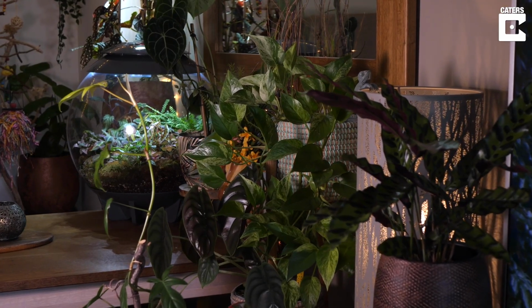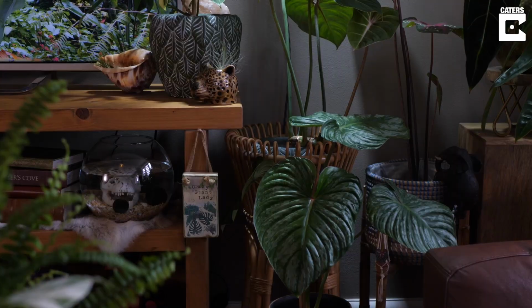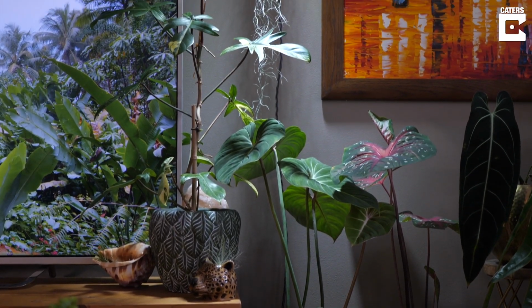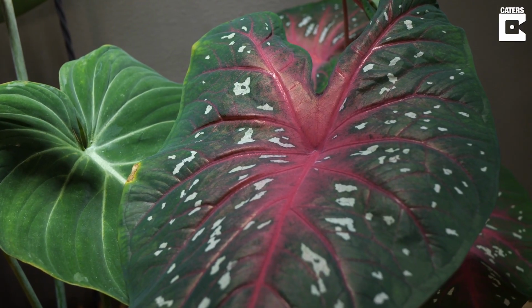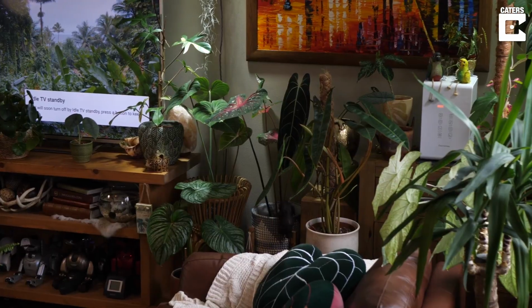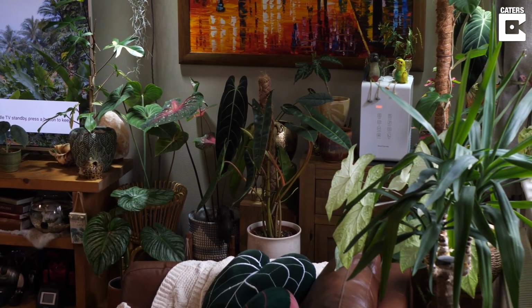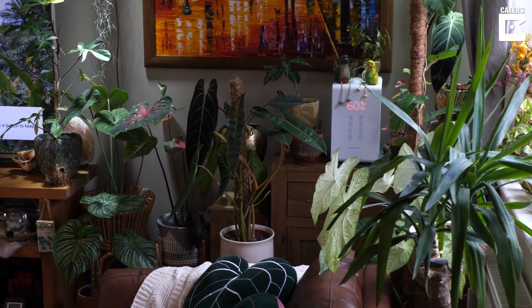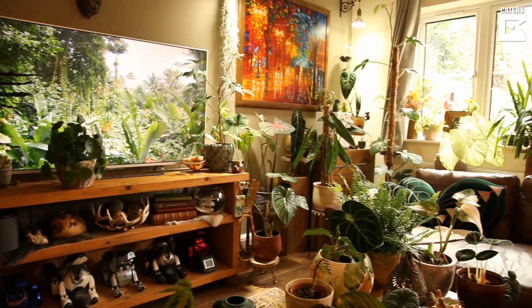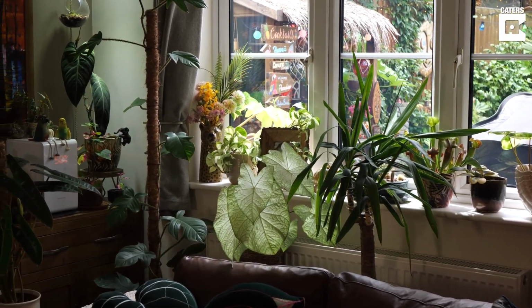And over the years I've just started collecting a lot more rare and uncommon varieties that you wouldn't really find in your local garden centre or any kind of local plant shops. Some of my indoor plants are obviously much fussier than others, more high maintenance, drama queens. To keep the plants happy, I have things like grow lights and humidifiers, because a lot of the plants are from lovely exotic places, and obviously here in the UK we haven't got the heat and the humidity of